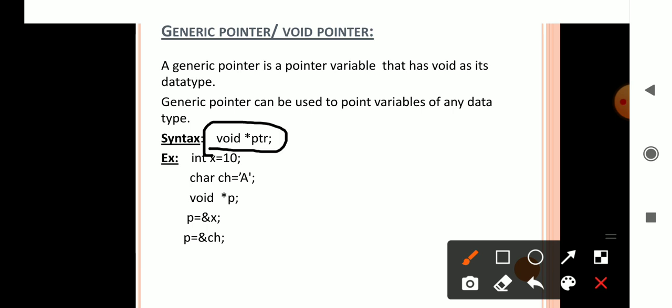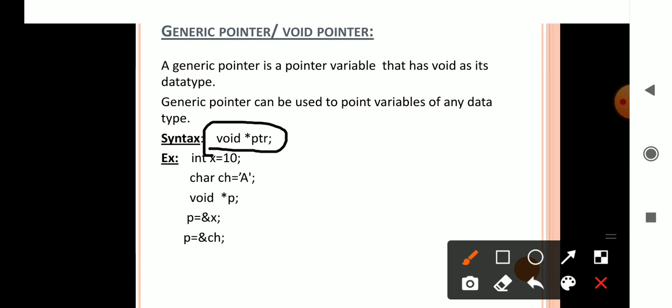That means here we declare void *ptr. So ptr can be initialized by using an integer object, char object, float object, anything. For example, here I will take int x is equal to 10, char ch is equal to a, and void *p. *p is a pointer variable.